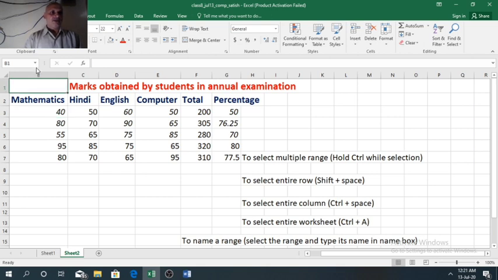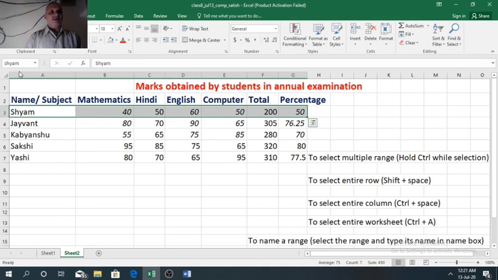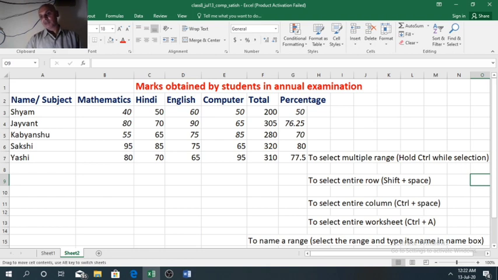I have already given the name. You can see the name Shyam is here in the name box. When we click on this name, the data of Shyam will be selected. Wherever you are in the worksheet, it does not matter.